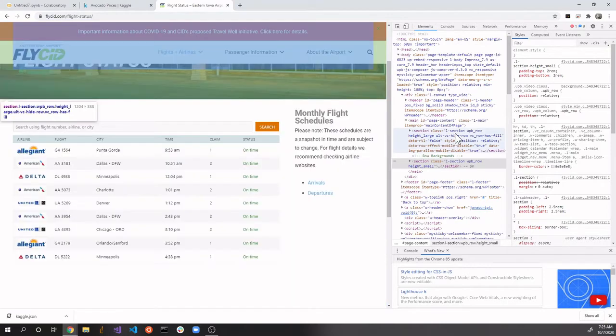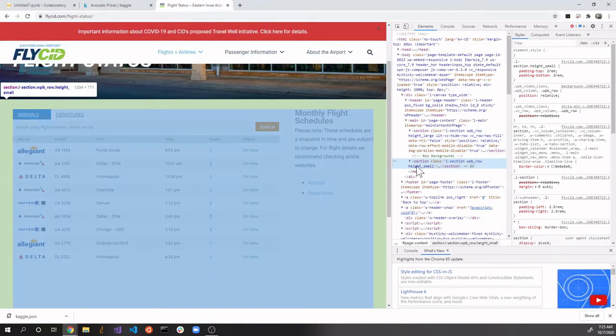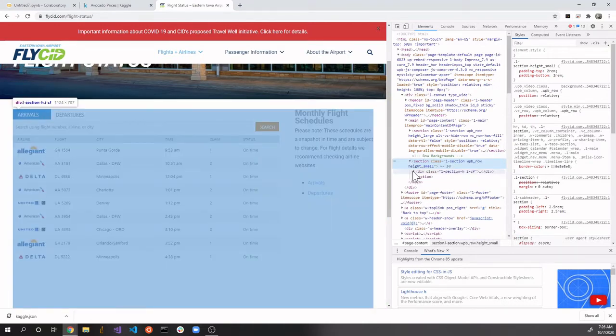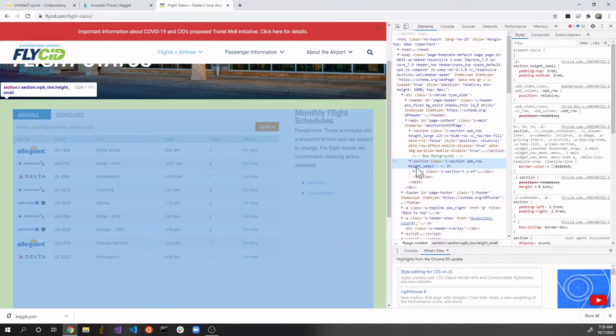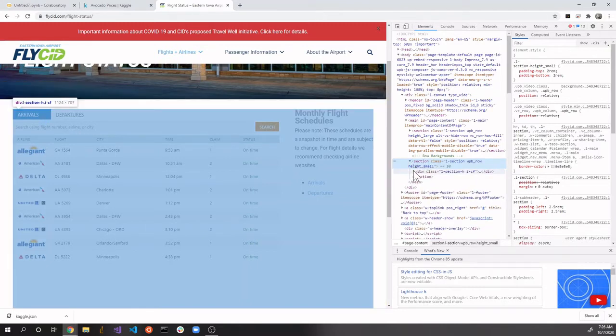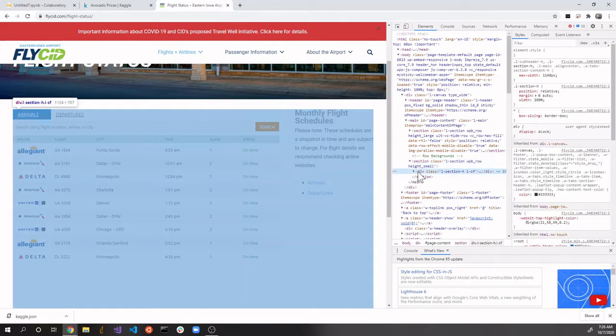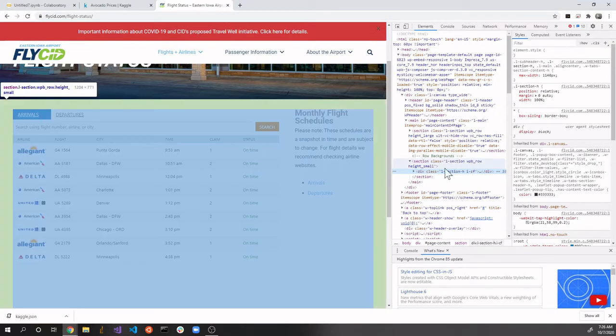So in this case, as I move my mouse cursor, I figured there's actually a section tag in HTML. It says section class something something. And as I move my mouse cursor to this section tag, you can see that the main data table over here is highlighted. Okay. And then you can narrow down your search by opening the hierarchical structure of this section tag. Under this section tag, I found this div tag, right, which highlights again the data table that I'm